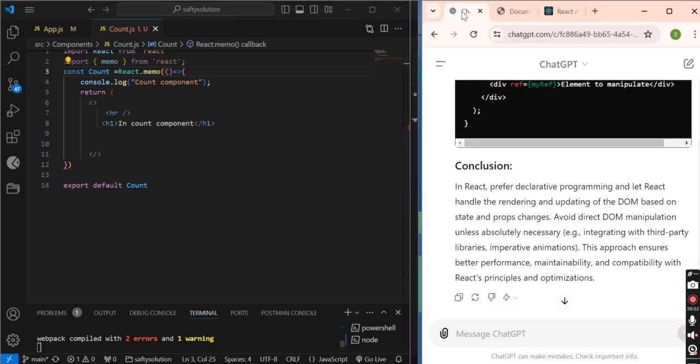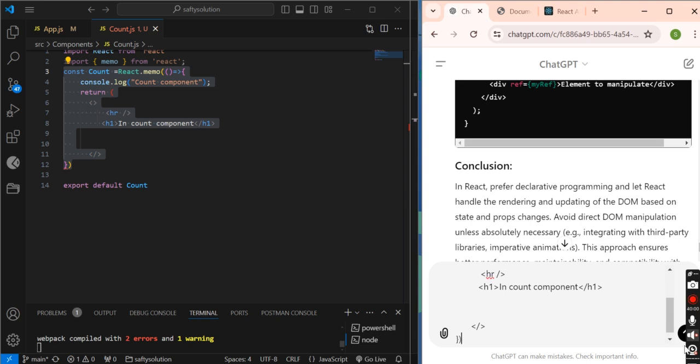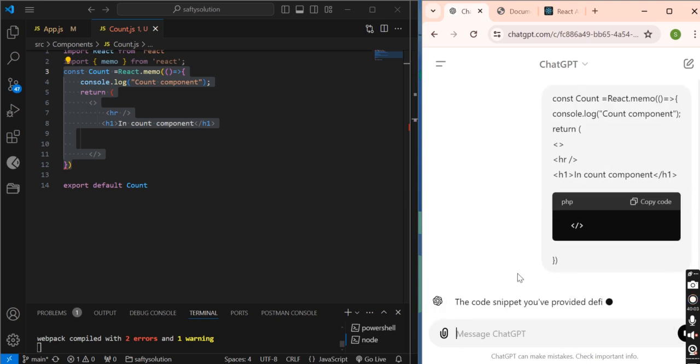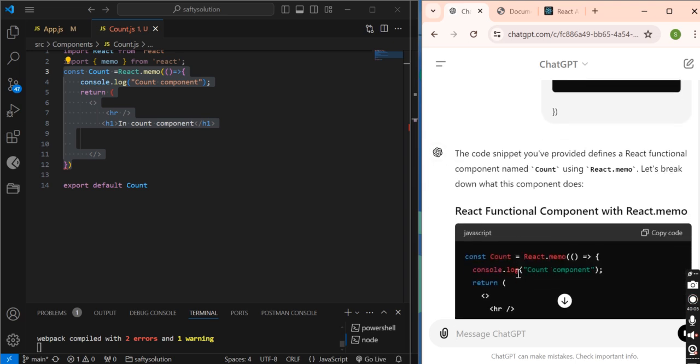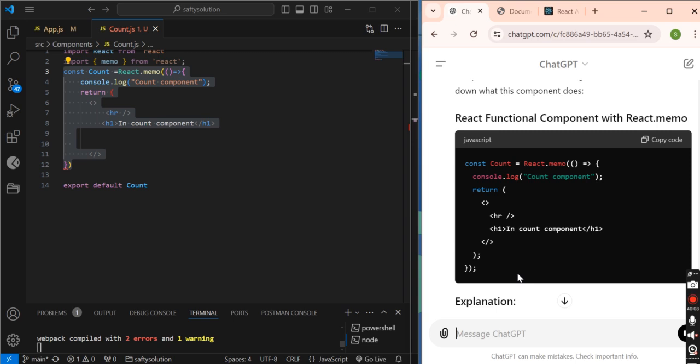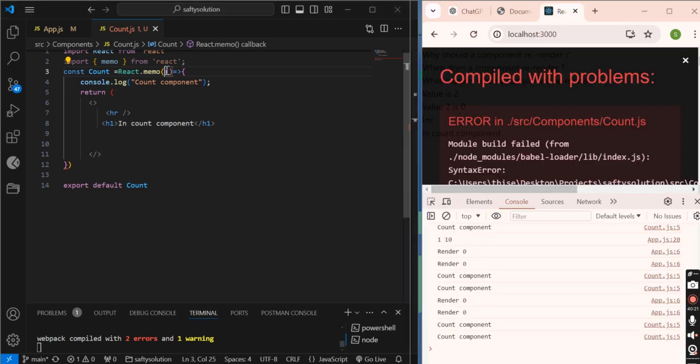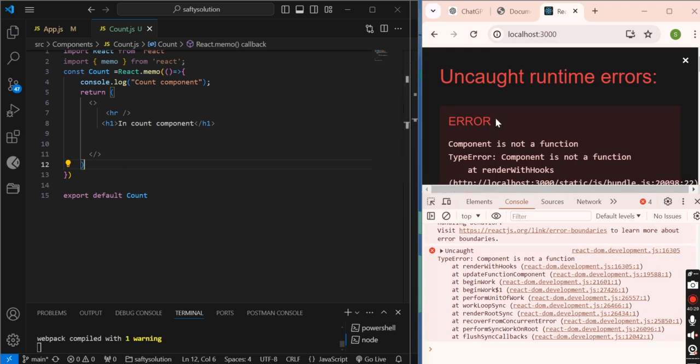How do I use this? Let me see it from ChatGPT. Count React.memo. Yes, it is. Let me define it from the beginning, because here we have a parenthesis difference. Now it will work completely fine.